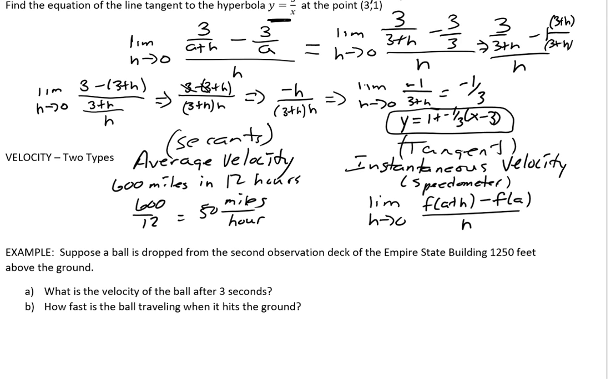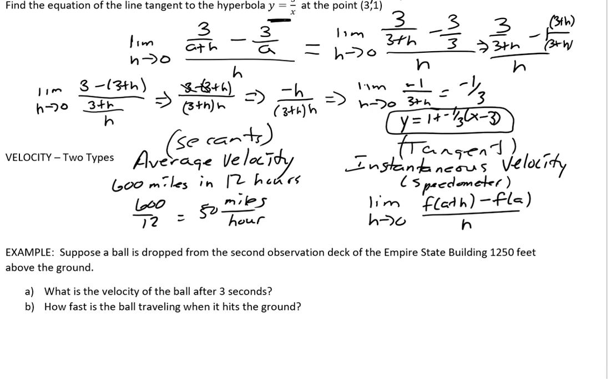Alright, so suppose a ball is dropped from the second observation deck of the Empire State Building, 1,250 feet above the ground. What is the velocity of the ball after 3 seconds? How fast is the ball traveling when it hits the ground? Okay, so we need a little bit more information here to determine that. And that has to do with